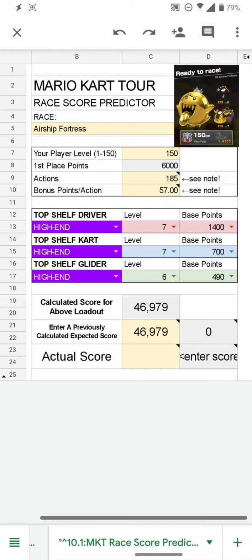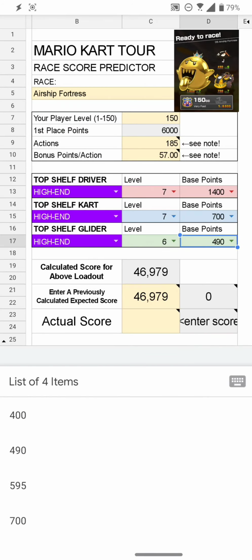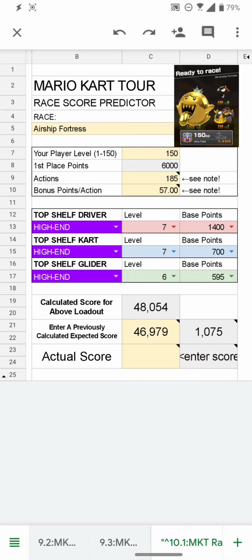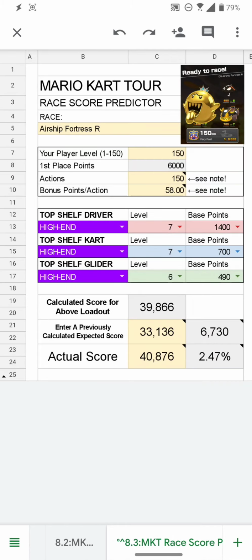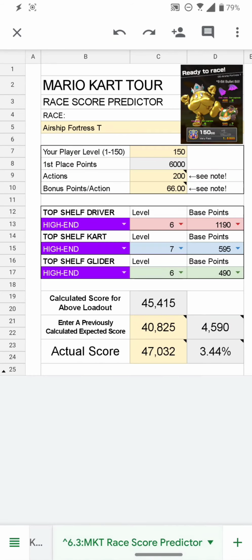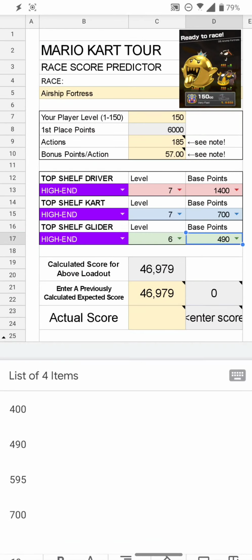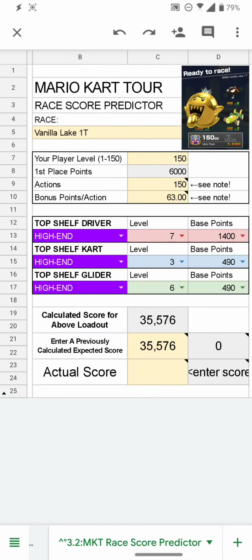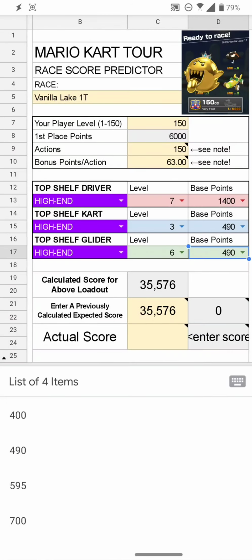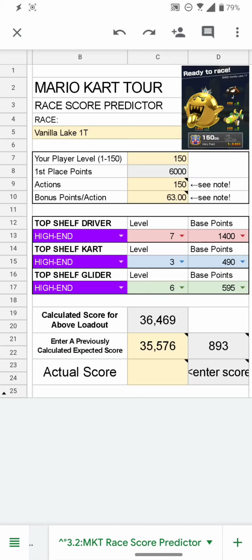And here we go, Airship Fortress. That would be 3 races. I've already played this one, so we're going to assume, just keep it there. Already played that one. Here we go, this is 4. And then, ranked this week, 5. Okay, so now